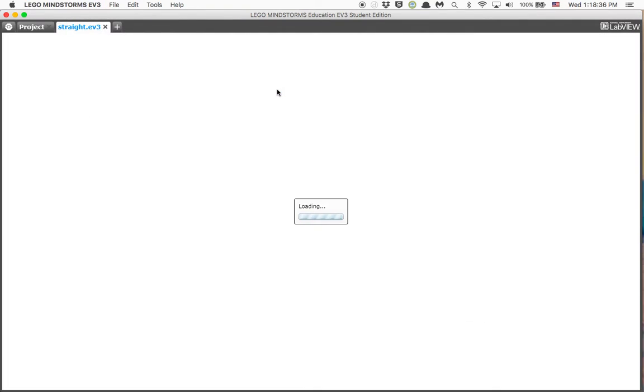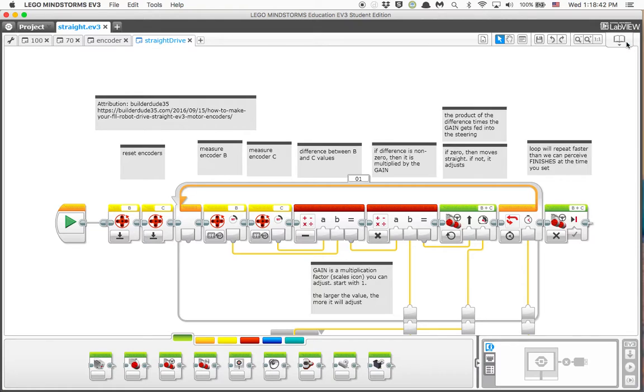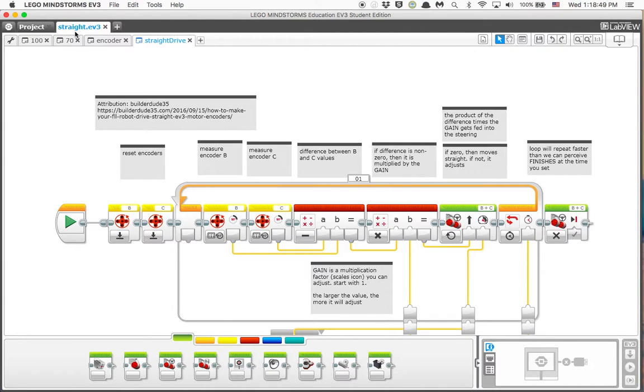So we'll open it up. And first, let's just implement it. Let's put it into your program, or I should say project. So I have a new project here. And in this straight.ev3 file, we're going to talk about what this all means, but we're going to go to